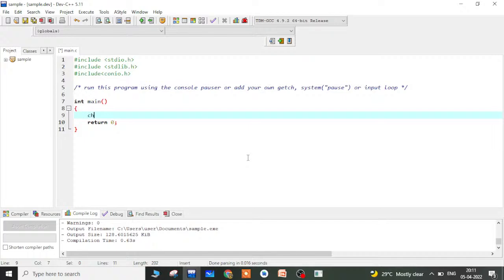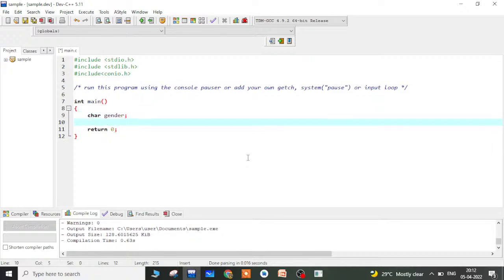Suppose I want to take a character. I can use my data type as char and my variable name is gender. I want to take my gender as a single character, like female or male with F or M. So then I want to read this, so I can use gender is equal to